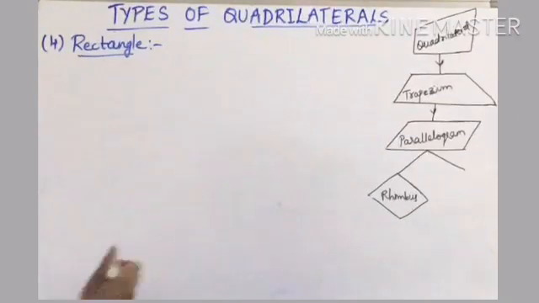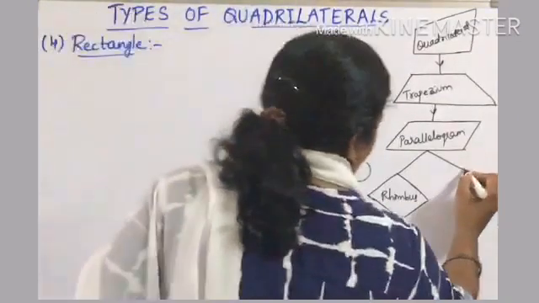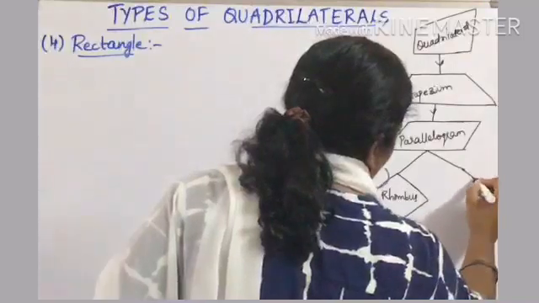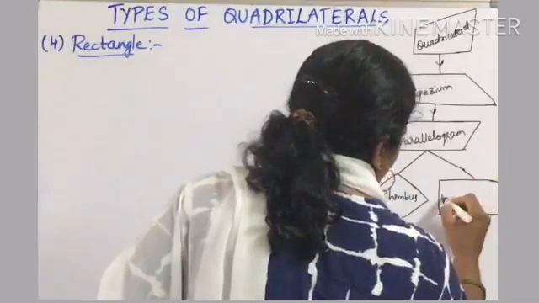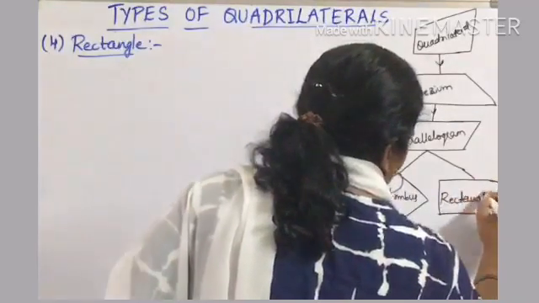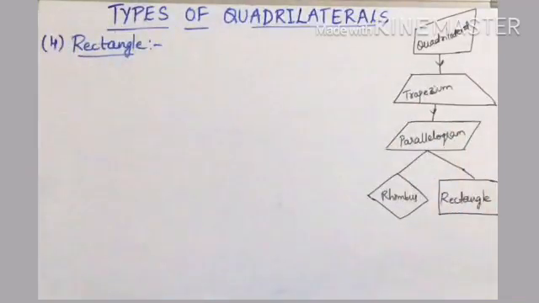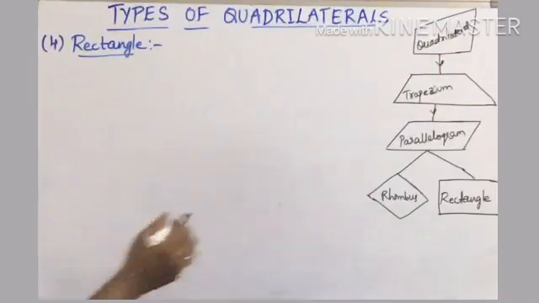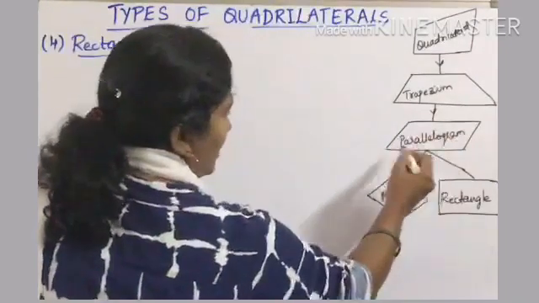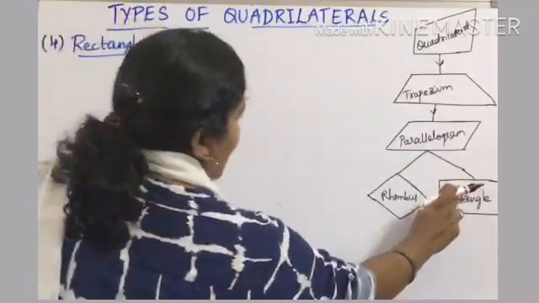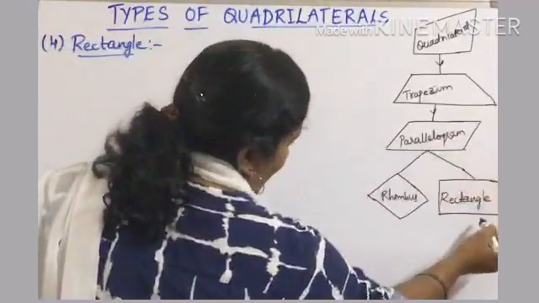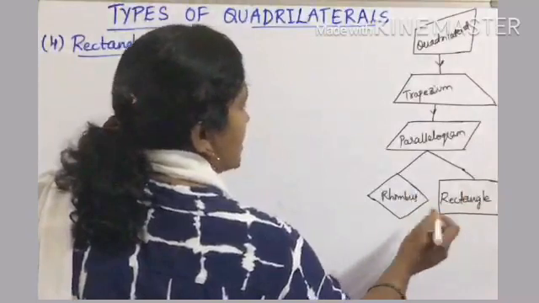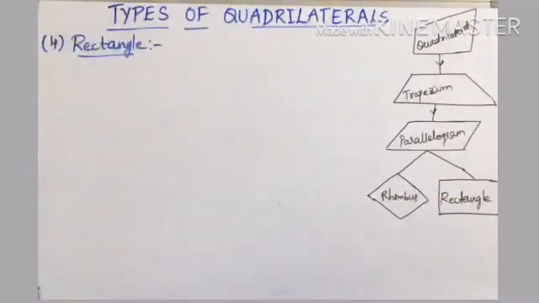Next one is rectangle. So rectangle can also be formed by parallelogram only. So shape of rectangle, you know, children. So this is the shape of rectangle. So rectangle is also a parallelogram in which each angle is 90 degrees. That is the definition. So in parallelogram all angles are different. The angles are not 90. So in rectangle each angle is 90. So it is like same parallelogram, like opposite sides are equal, right? But the only difference is in rectangle all the angles are 90 degrees, right?